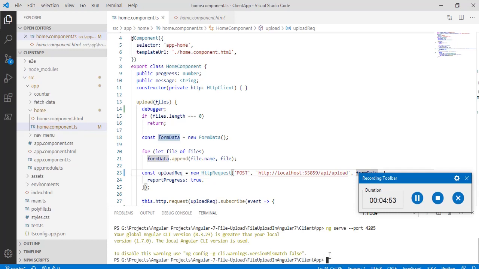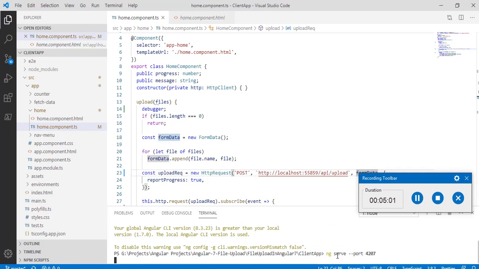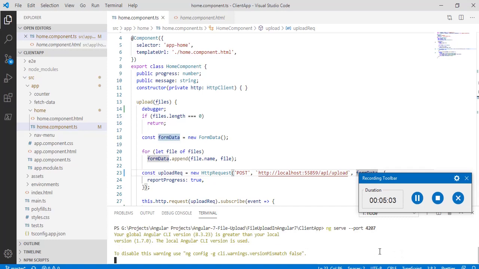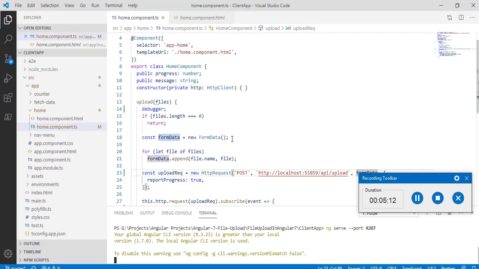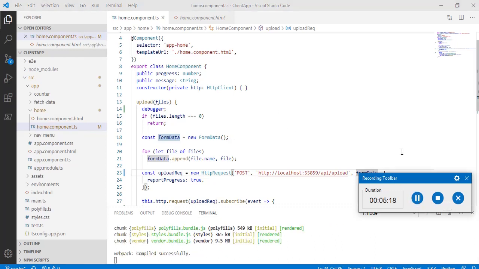Control C, ng serve port 4207. So now this will work because I have changed the port as per the API. Let's wait for this. So you will see that the project is built.